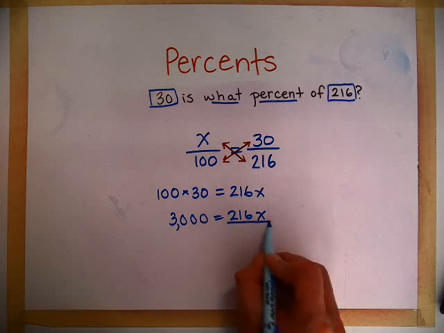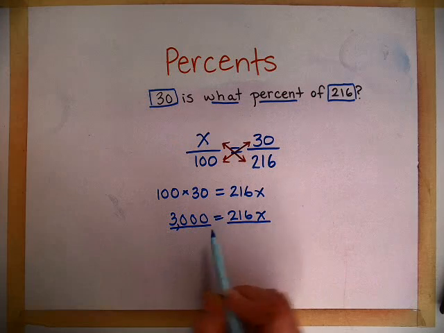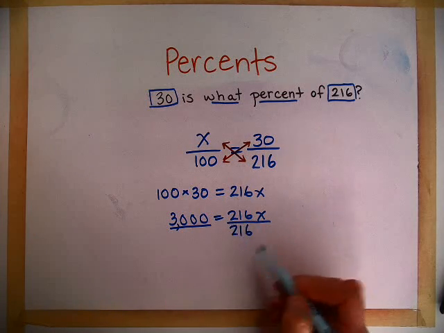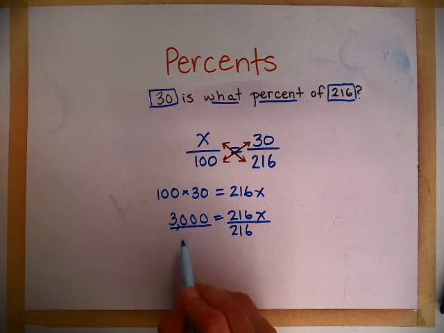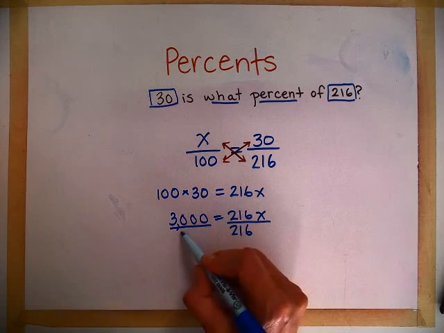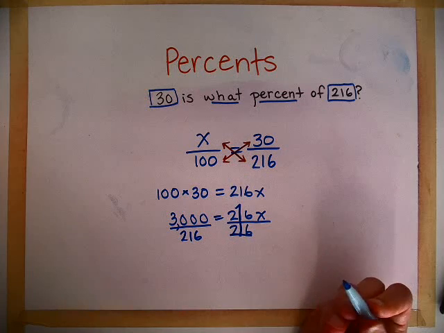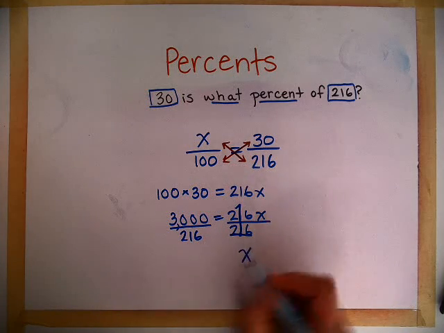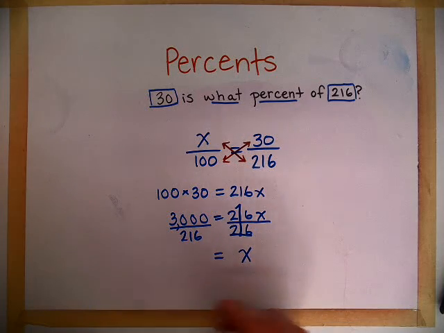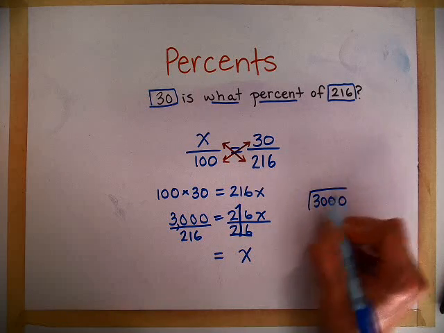So we're going to do divided by on both sides. And remember, this sign means divided by because all fractions are division problems. So we're dividing by 216 because you need to divide 3,000 by 216, and that way you get x by itself too. So this equals 1. 216 divided by 216 x, because 1x is just x, because 1 times anything is just that thing that it is. And then 3,000 divided by 216,